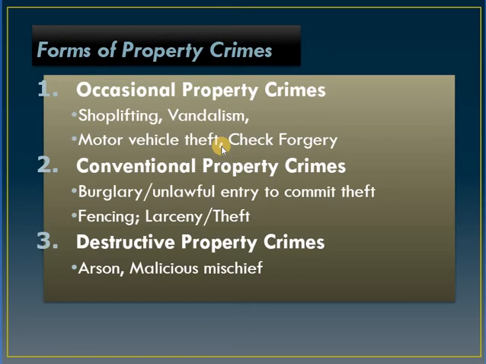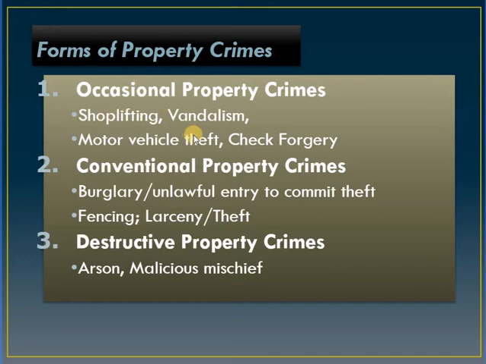Arson, hindi ibig sabihin ng arson is buong bahay kailangan masunog. Any part of the building, for example, naglagay ka ng gas sa buong building niya, pero ang nasunog lang is yung pinto. Kahit ang nasunog lang ay pinto, it is already considered as arson. Sa malicious mischief, again, sinisira mo yung gamit niya. For example, cellphone. Yung cellphone niya, binalibag mo dahil nag-away kayo. That is malicious mischief. Okay na po niyan? So, these are the different forms of property crimes.